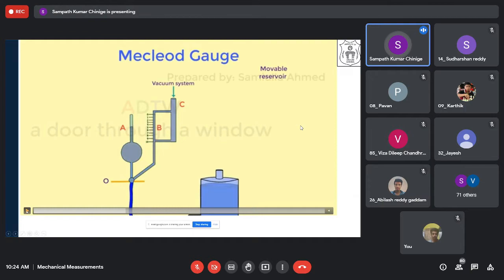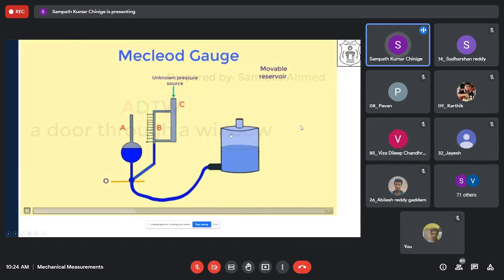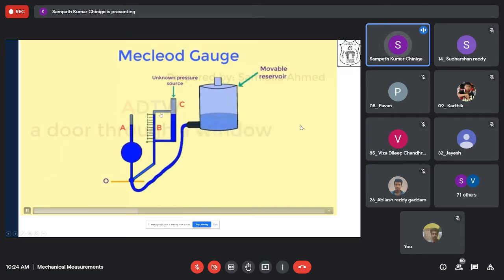Now the vacuum system is completely filled. You can see here it's all in gray color, so that means the gas has entered. And then by moving this reservoir to the reference height 0, the gas which is up to here is now compressed to a small volume over here. Because this is a reference height and this has moved up to this, this liquid will rise by the same height. You can see these three levels are the same, except this one, because there is a higher pressure gas which is actually pushing this.